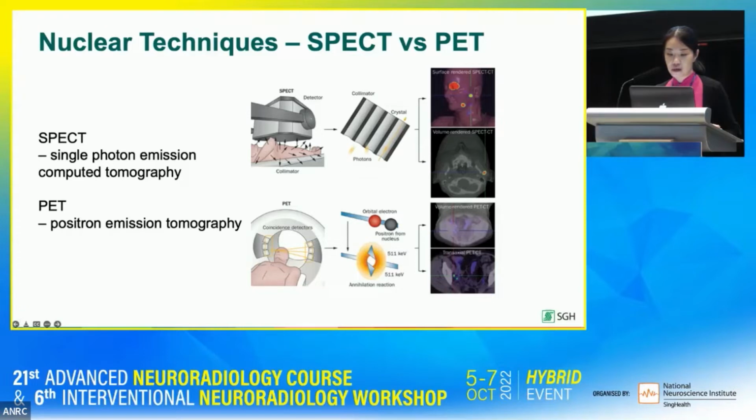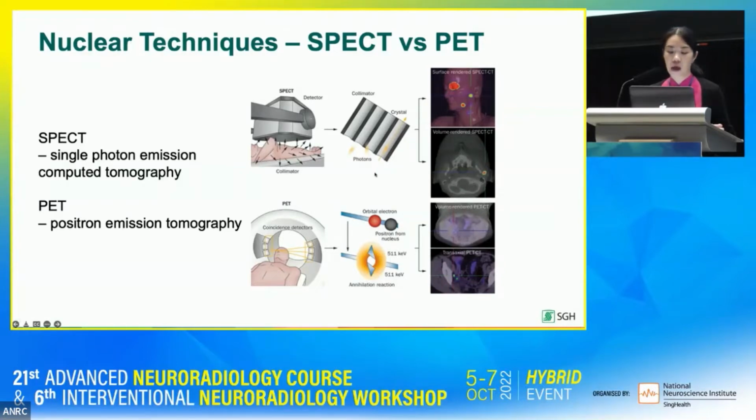If you see from this diagram, after we administer the tracer, the patient is actually emitting photons in all directions. And how we gather information is to use collimators, where we have the collimator in front of the detector, and these collimators will rotate around the patient for cross-sectional imaging. And these are some examples of SPECT images that we can fuse with CT if it's done on a